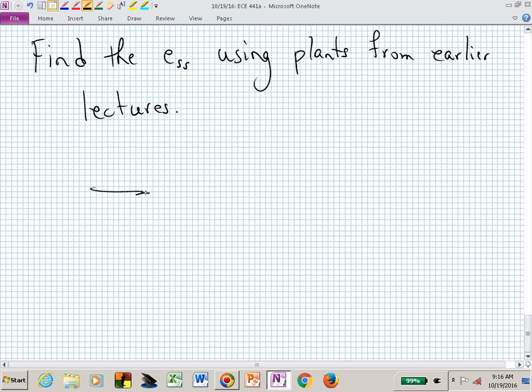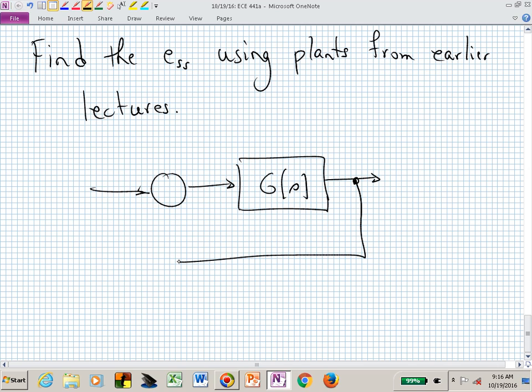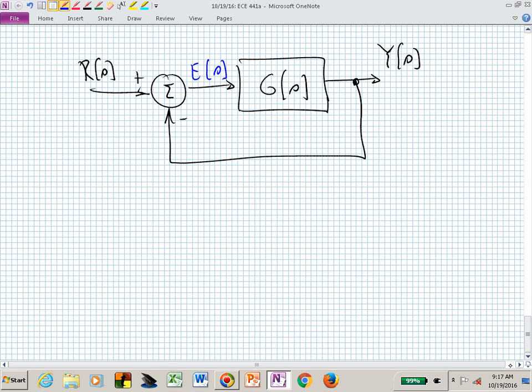So in this case, let's simplify our block diagram, and if we have a controller, we will simply combine it in with our plant G. Here's now Y of s, R of s, and now we can think of our error signal explicitly existing in our block diagram. And let's go ahead and examine the steady state error